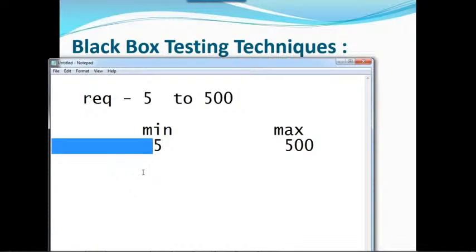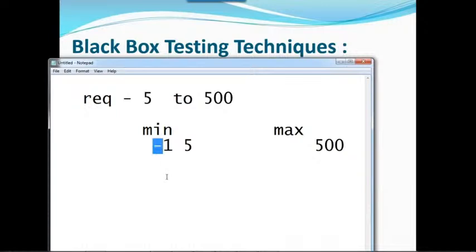So 5 minus 1 is 4. Your value is 4, so you just enter 4. It should not allow. In case it is allowing, it is a bug, right?